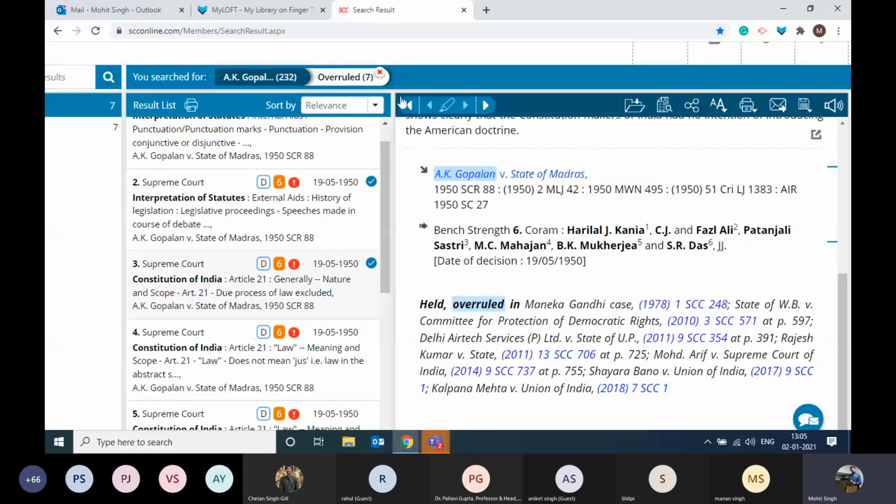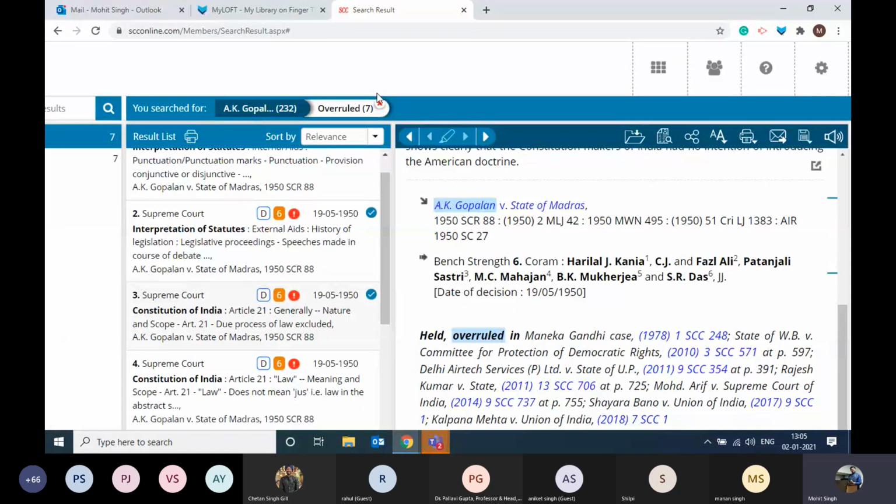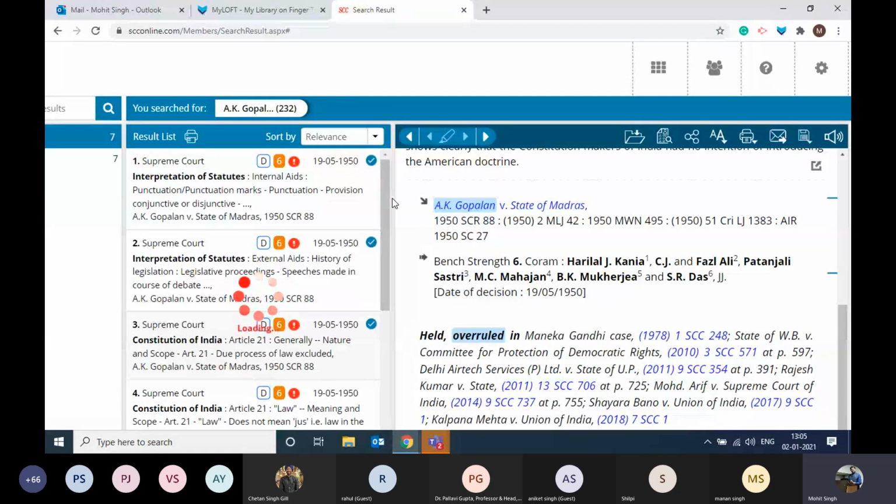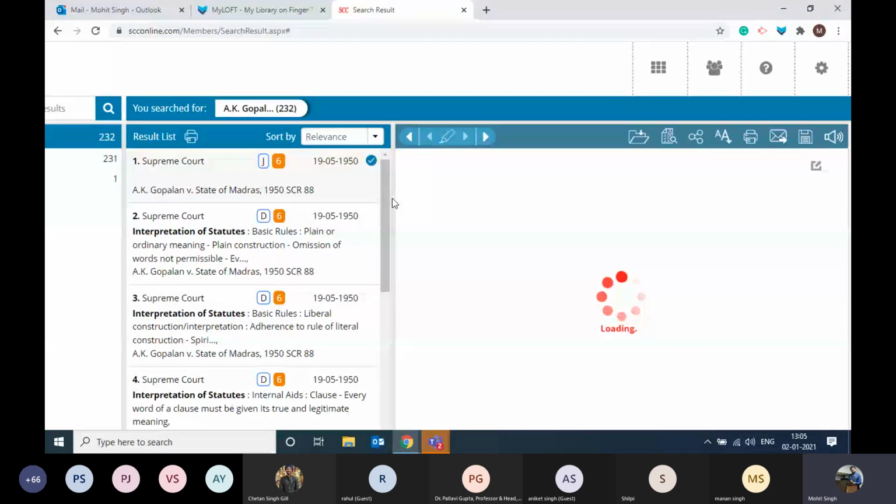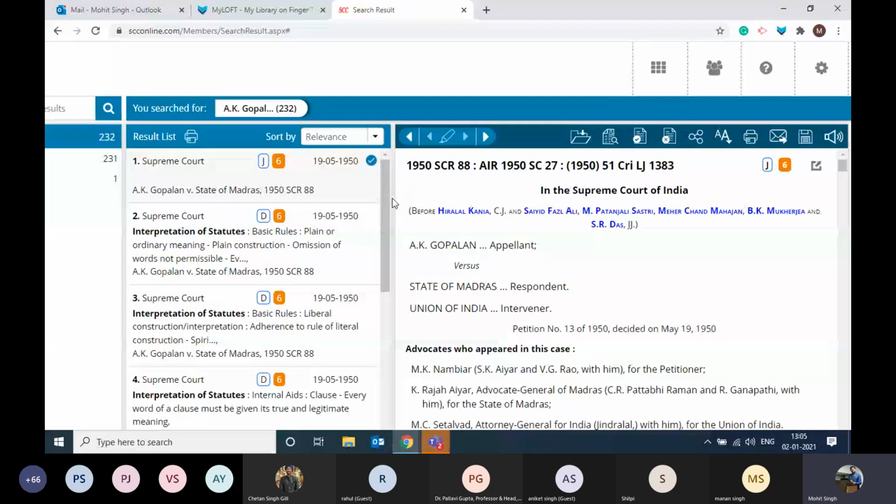Apart from that, when you do not see the red exclamatory mark, then certainly you can read that law point, or whichever opinion was given by the judge in that particular law point. Right? If you have any confusion regarding the overruled feature, how to check it, then certainly please use the chat box window. We are more than happy to give you that information again.